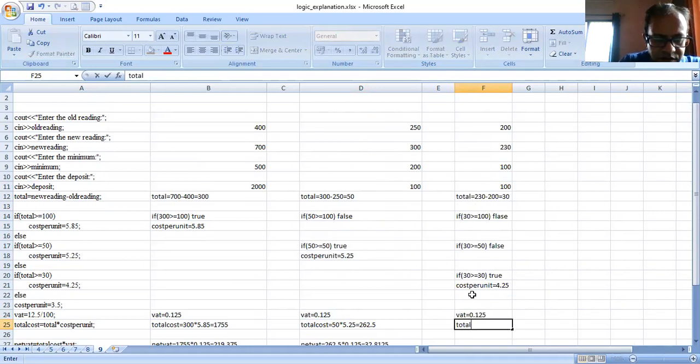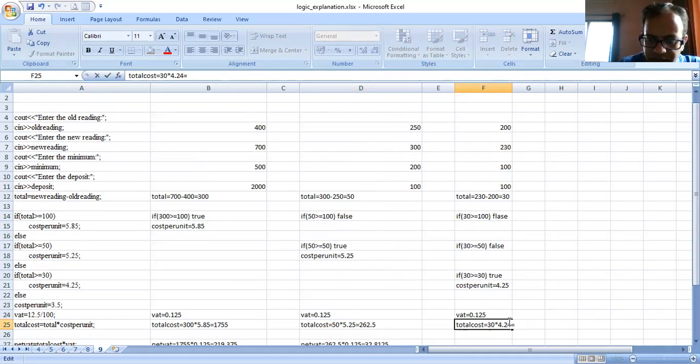Now total cost is equal to how many units you consumed, 30 units, into the cost per unit, 4.25.